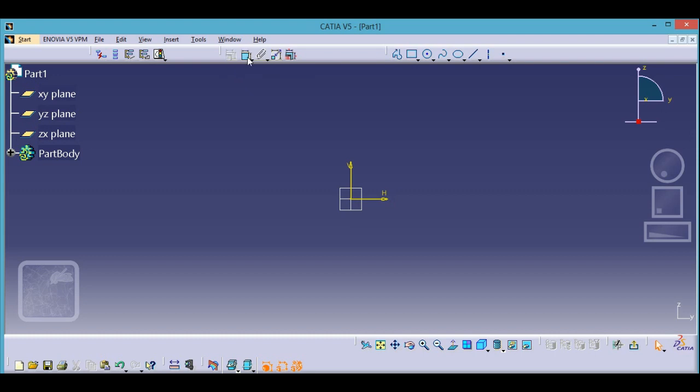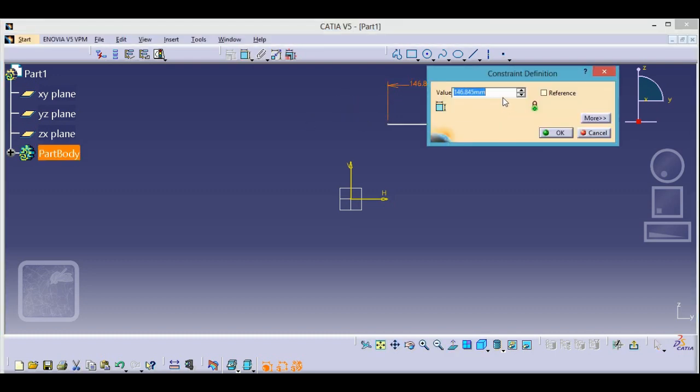Now today I am going to cover this constraint command, in which you are going to give dimensions to your sketches. Now there are various sorts. First we will start with line. This is very common and very easy to understand. Just click M1 and select your dimension, double click on it and just place your dimension.